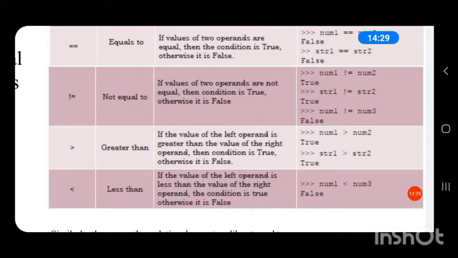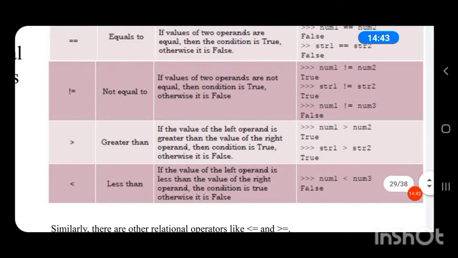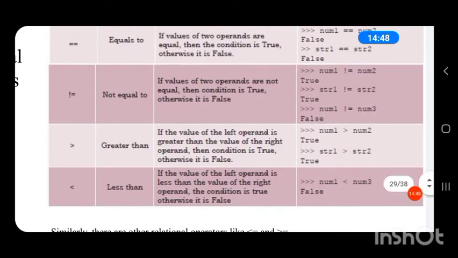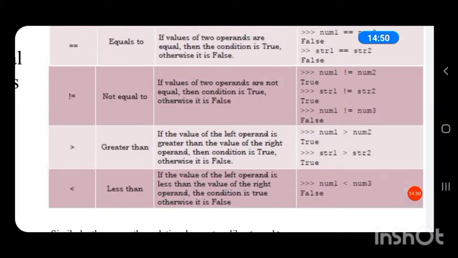And in strings, it will compare the ASCII values. A string has a particular ASCII value. So the ASCII value of A is less than that of B, and it is less than that of C, and the ASCII value increases from A to Z. So the comparison of strings is done based on the alphabetical order. Capital letters have ASCII values smaller than that of the small letters. That and all I will show you.